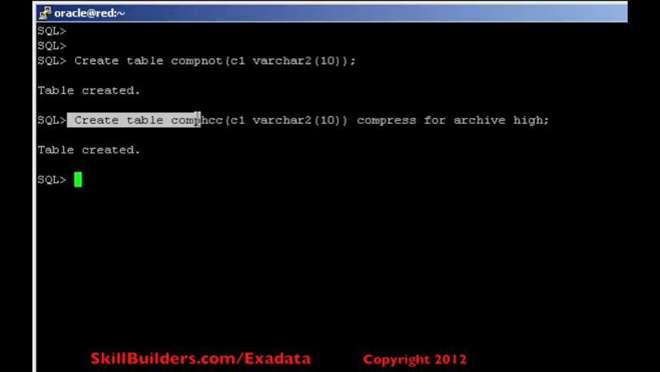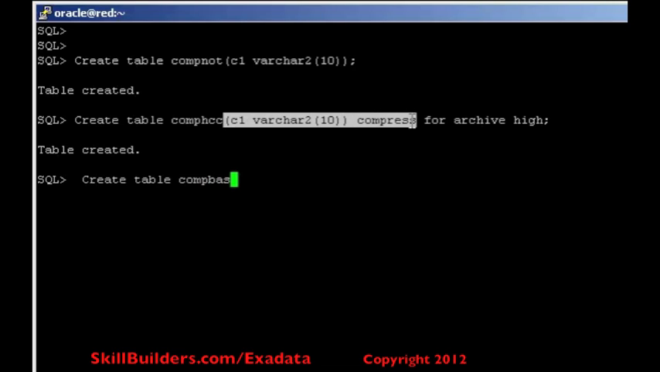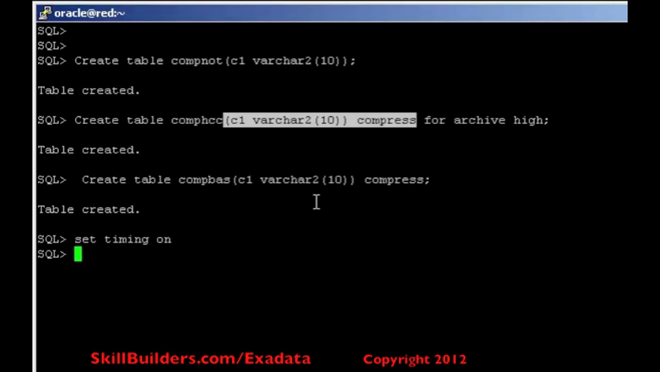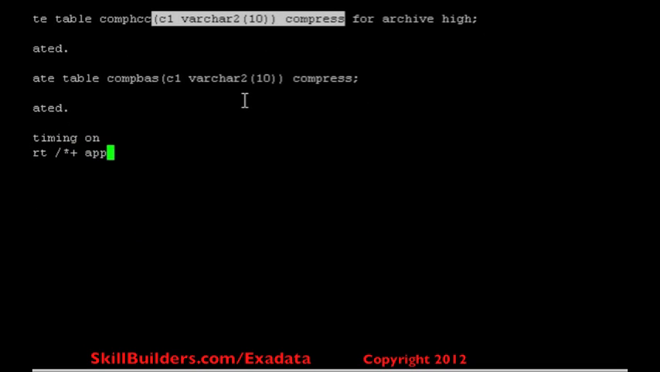And just for comparison purposes, I'll create a third table which uses the older mechanism of deduplication for compression. Now let's just insert a couple of rows, enable timing so we can see if we do get any performance differences. Now to get any compression at all, you must use a direct load. So insert into